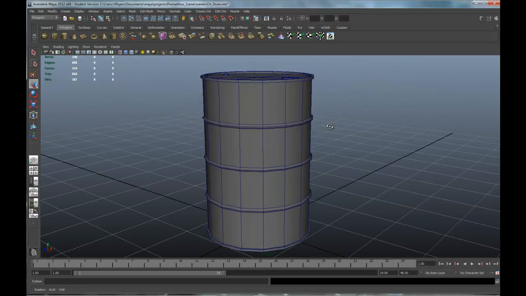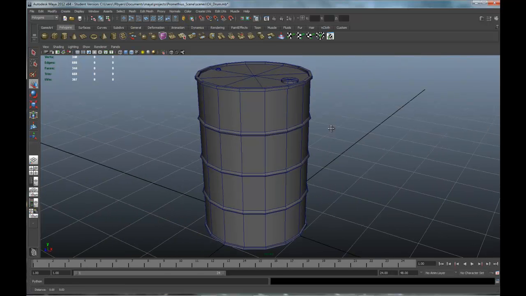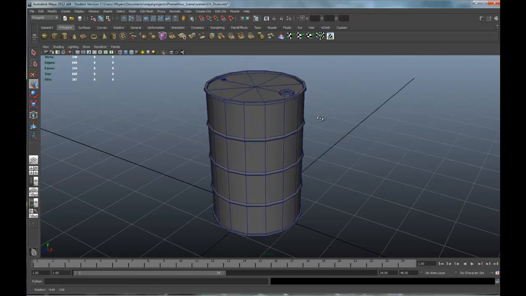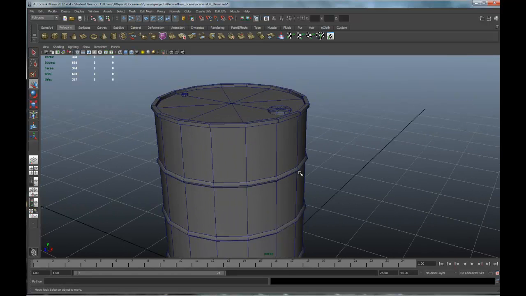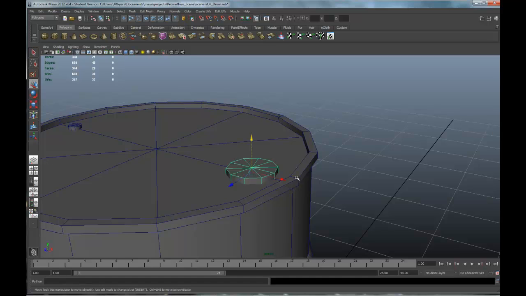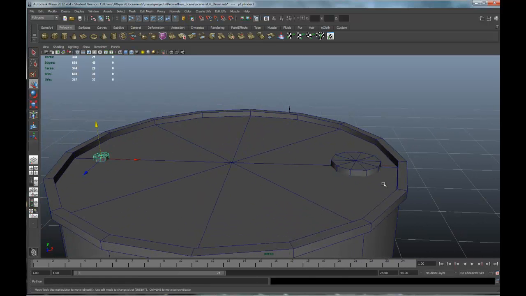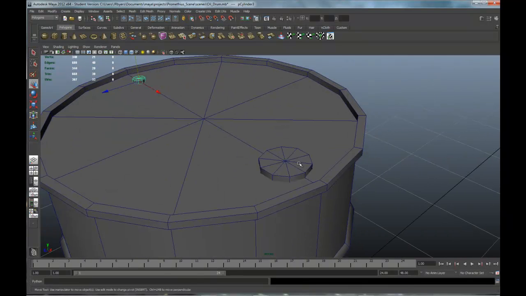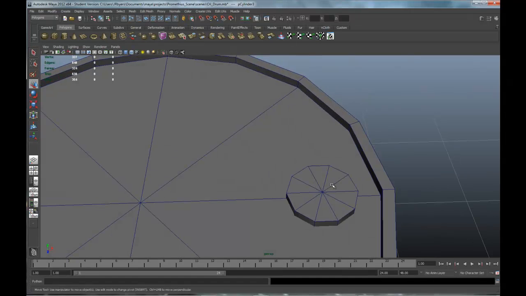I'm going to take you through part 2, which is laying out UVs. We're going to go ahead and do some cleanup work on the drum. And we've got some parts here where we have the cap, and we have the air vent we need to work on. So we've cut the bottoms off of these. Let's go ahead and finish